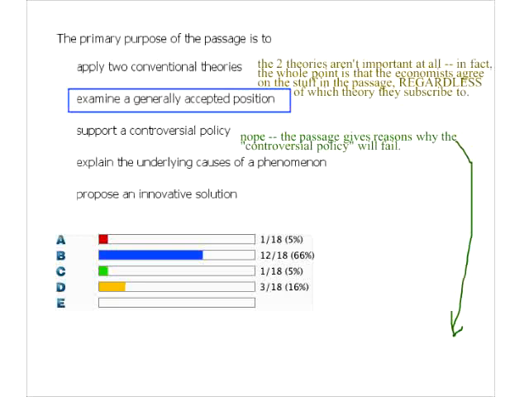You will never have a main idea that is not mentioned until the second half of the passage. They've got to talk about it throughout the passage. That's why it's the main idea. It has to touch on everything. So if you're picking options like C, it just means you're picking out one random detail and then putting that as your main idea. Underlying causes of phenomenon,